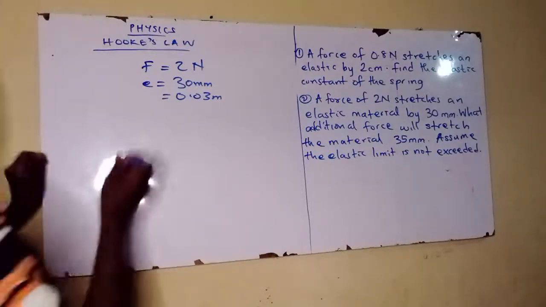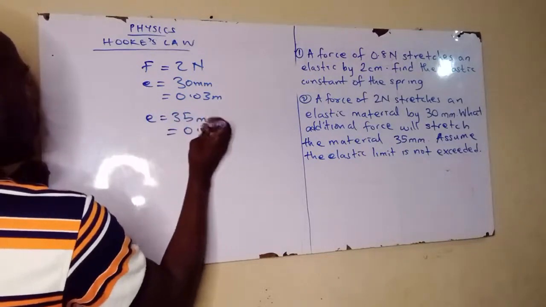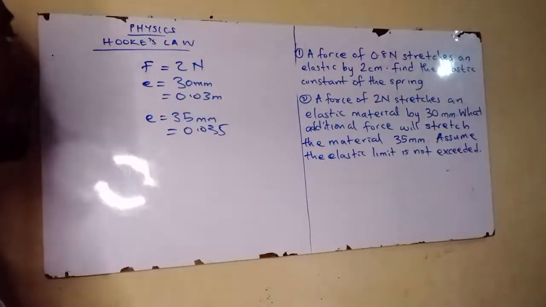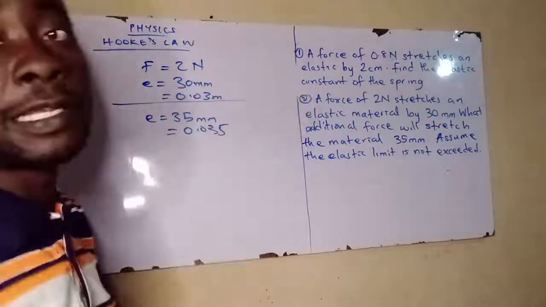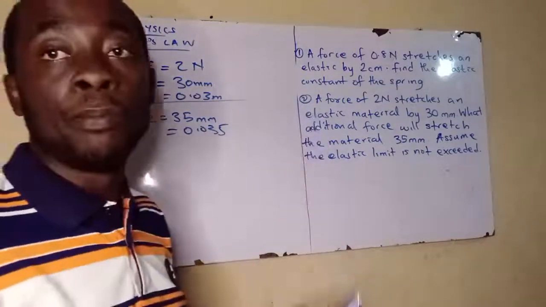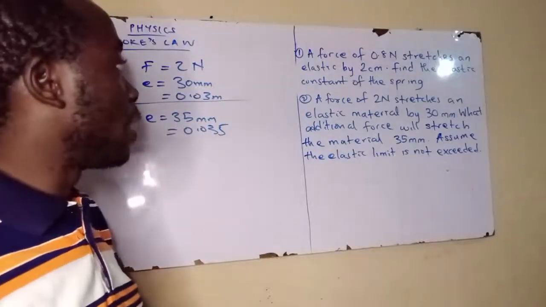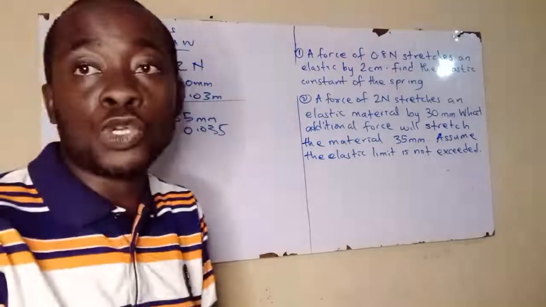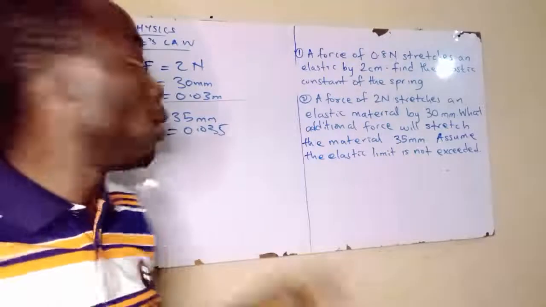So let's take another one. 35 mm, that's 0.035. So let's see what we can do there. Assume the elastic limit of the material is not exceeded. Now let's look at this. We need to firstly use this first information to get the elastic constant because it's the same material, but the only thing is that in this case it is 35. They are telling us what force we are going to apply. This 2 Newton is the one that is going to stretch the material by 30 mm, but they are now looking for